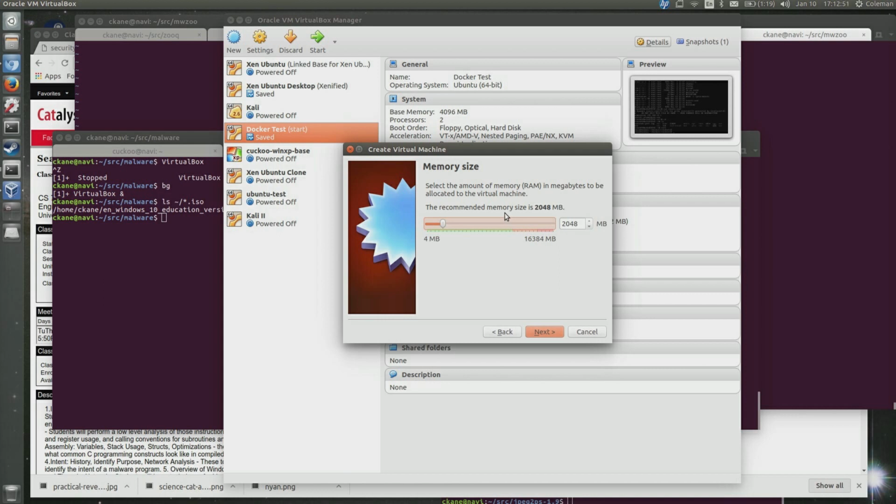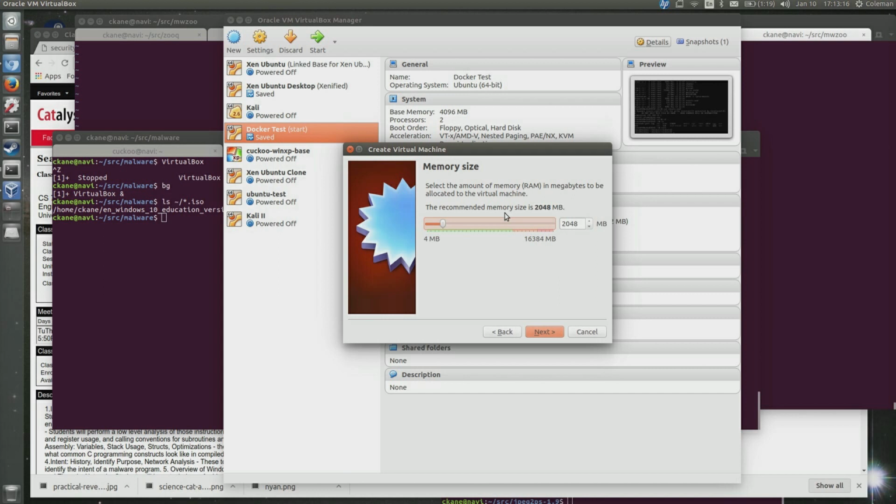This is going to vary for all of you depending on what total RAM you have available on your system. I generally recommend dedicating no more than a quarter of the RAM on your system to any single virtual machine, but also don't give yourself any less than 512 meg, so no less than half of a gigabyte.